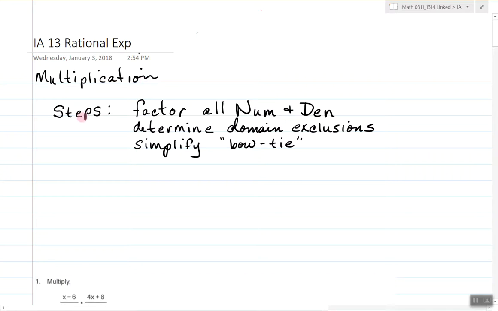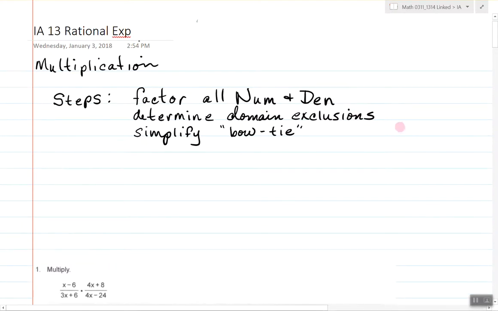Your steps. You're going to factor all numerators and denominators. So that should mean that you have 4 different polynomials that potentially can be factored. The next step, you're going to determine the domain exclusions. Remember that the denominators cannot equal 0. So you set the denominators equal to 0, solve those, and they become your domain exclusions. Then you're going to simplify, and I put in quotes the word "bow tie", so hopefully you remember